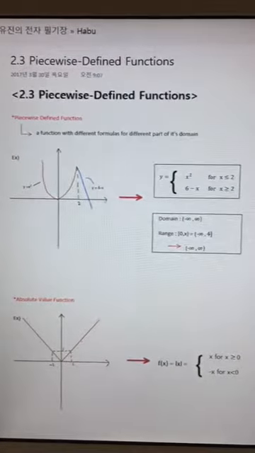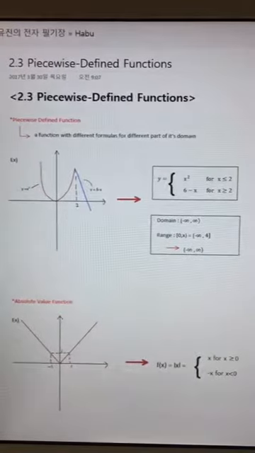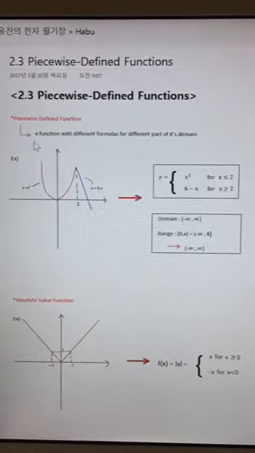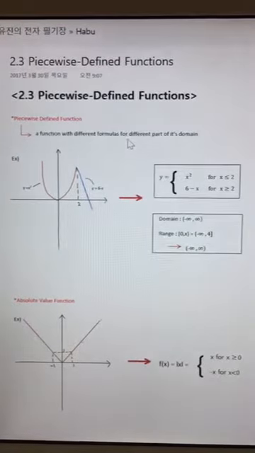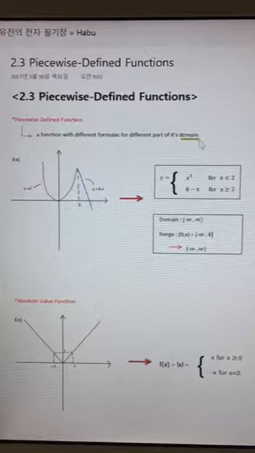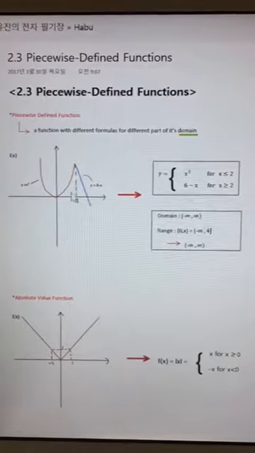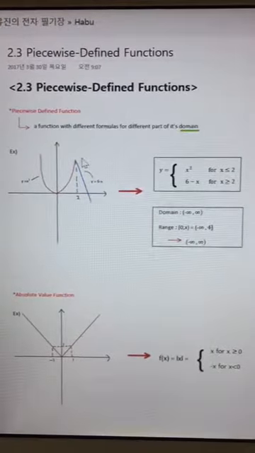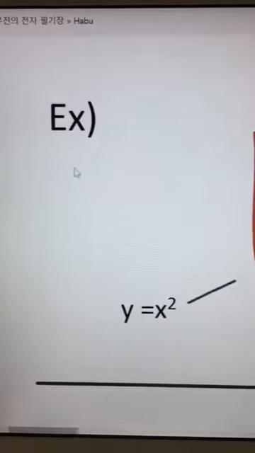Today we're doing piecewise defined functions. If we look first at the definition, a piecewise defined function is a function with different formulas for a different part of its domain. If we take a look at an example here,